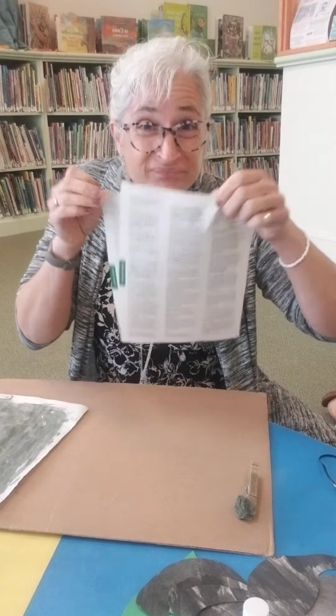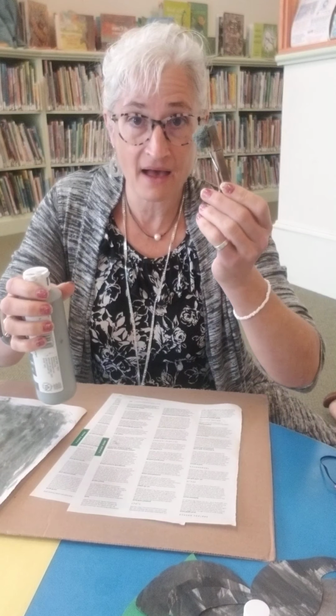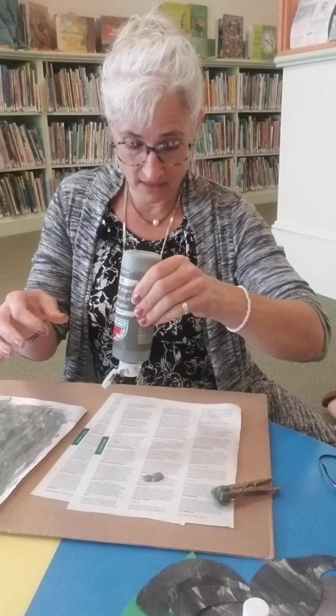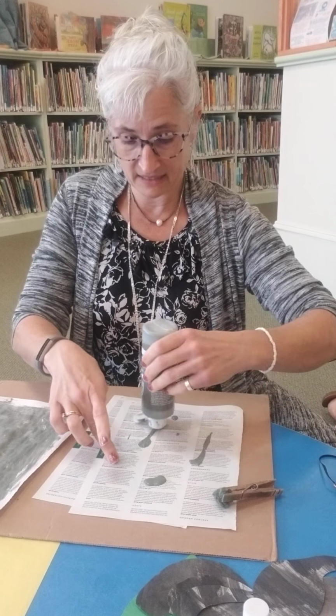So what I have is some magazine pieces. You can use newsprint, or just white paper, whatever you want. I have a pom-pom or a cotton ball. You can do paintbrushes. And a clothespin, and I have some gray paint, and what I'm going to do is just dribble a little bit on here,